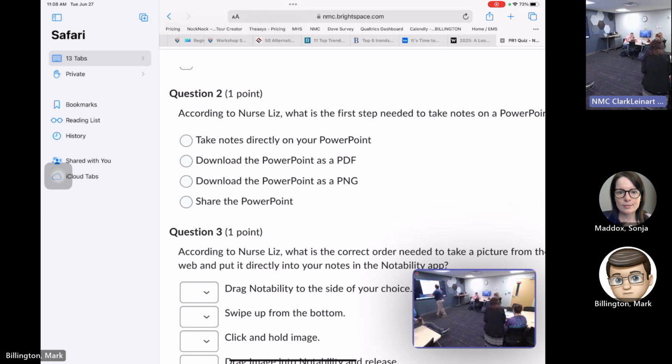Question 2, what's the first step in PowerPoint? Download a PowerPoint to a PDF. In my mind, PDFs are kind of our lifeblood in this environment. If you're trying to share things with students, PDFs are fantastic because you can send them. The cool part is they can't edit it, so they're not going to be messing with your assignment. They can open it on any device, so we really try to live in PDFs as much as possible. What downloading the PowerPoint to PDF allows you to do when you start note-taking is actually write right on the PDF, so we'll help you walk through that a little bit.